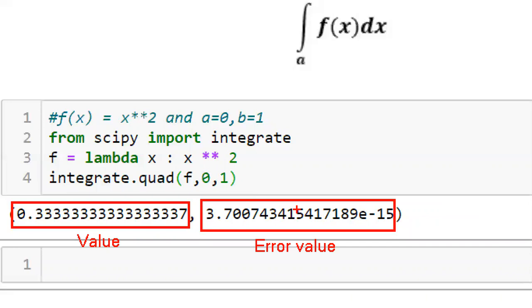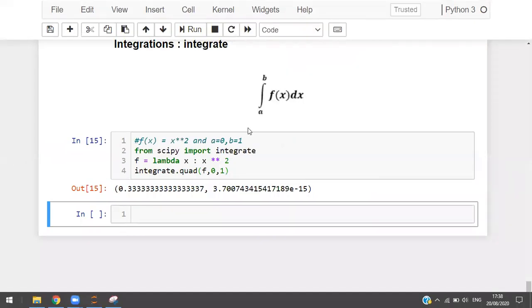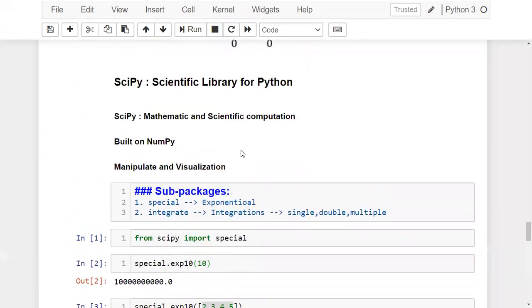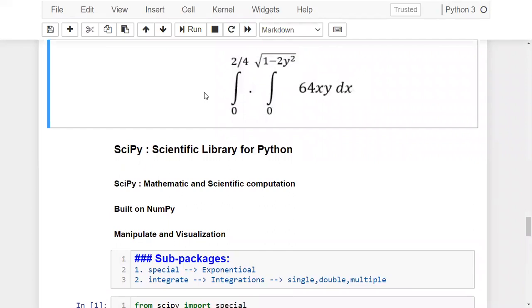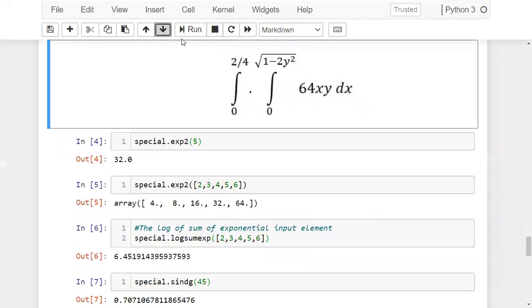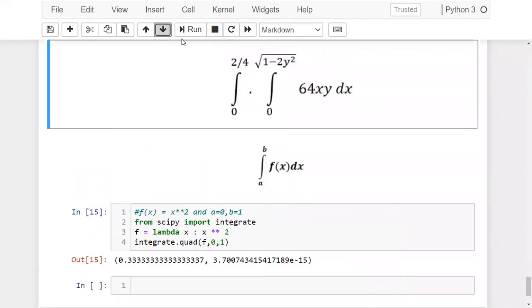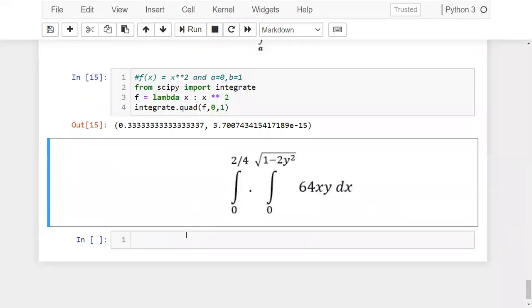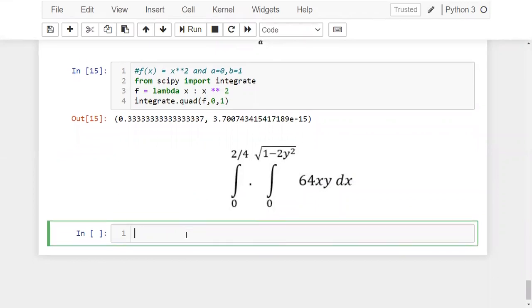Now we are going to find integration on two variables. I have given that function, so let me drag that function here. This is my function, and on this two-variable function I want to find my integral value.